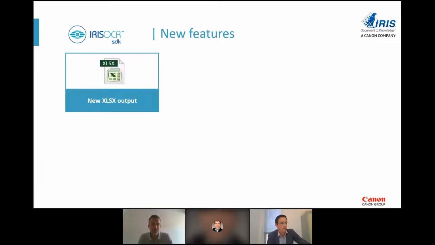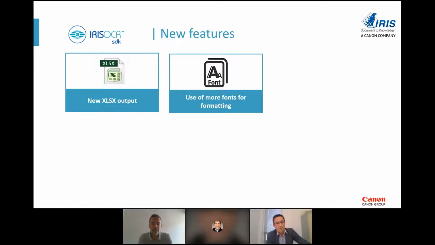The latest one was the new XLSX output. We used to have an XLSX output, but the options in there were not so good, I would say. You could keep the tables, but now we really redeveloped it, and we allow you to recreate exactly the same input document in an Excel sheet if you want to. Now, when you talk about XLSX, normally what you want to do is rework tables. So we also have options where you can keep a table per worksheet. That would make sense for you to rework your tables afterwards.